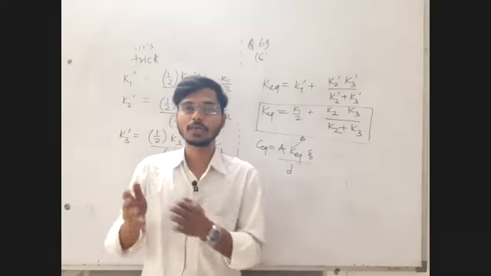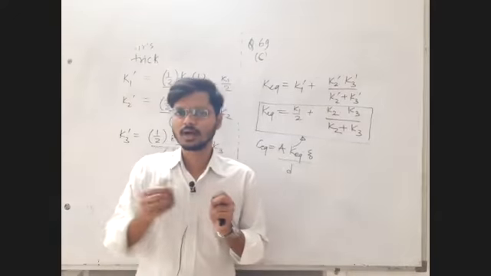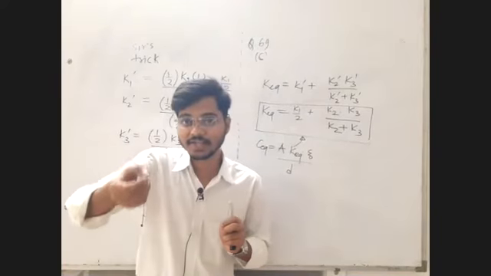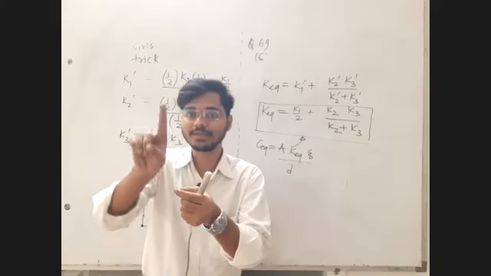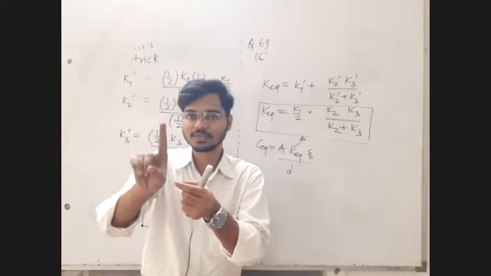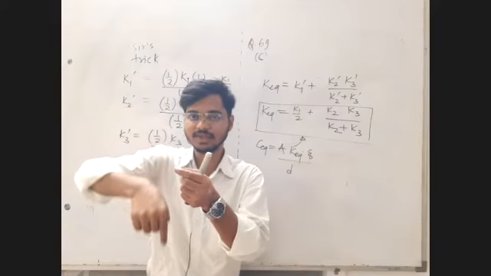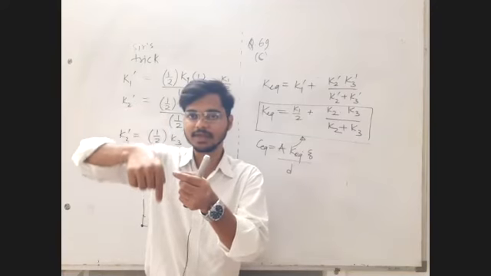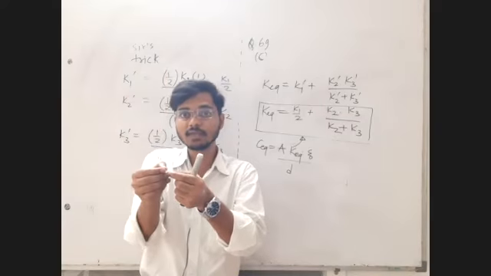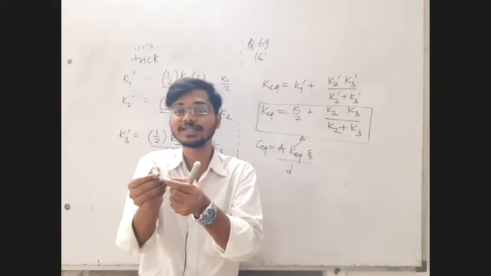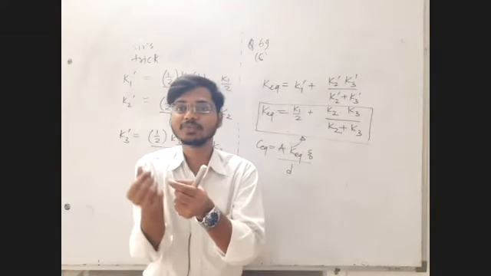But in case of electromagnetic waves, which do not require a medium for their transmission, what is oscillating there? At a given point, the electric field oscillates. It grows in magnitude, it goes down in magnitude, it reverses the direction. It increases in magnitude, it decreases in magnitude, it reverses the direction, increases. So at a given point, what is fluctuating? What is changing? It's not the displacement of the particle. It's the value of the electric field.